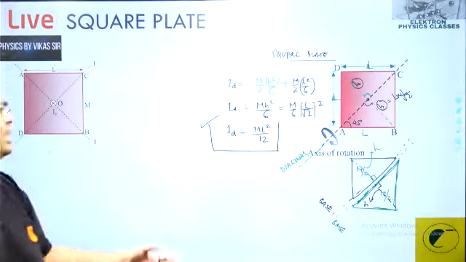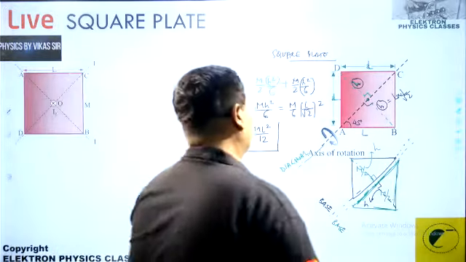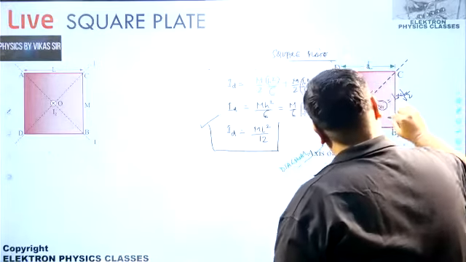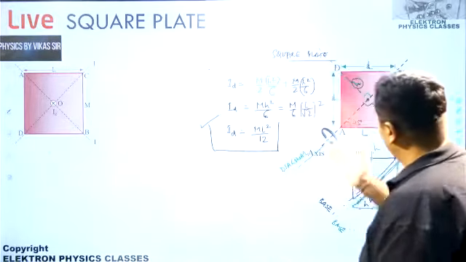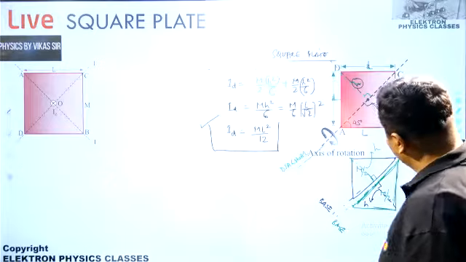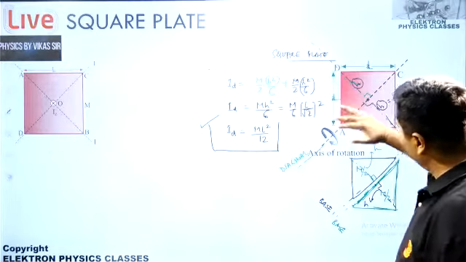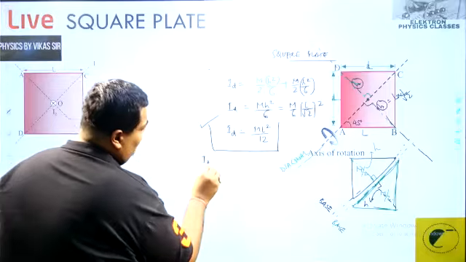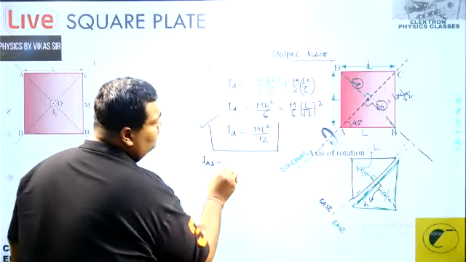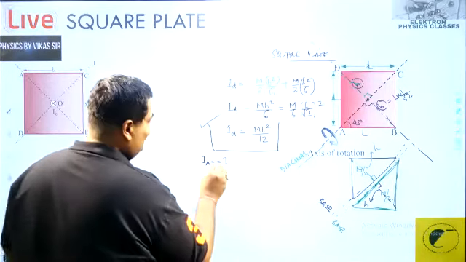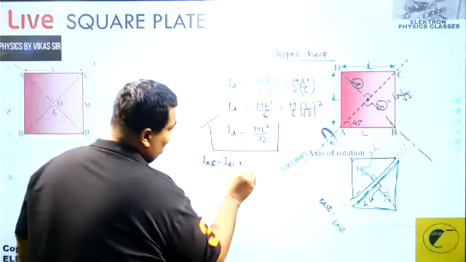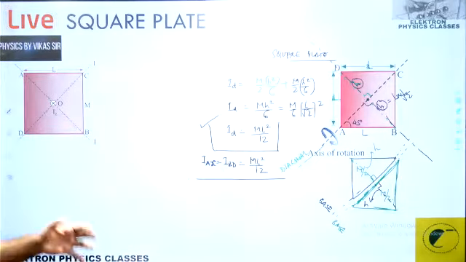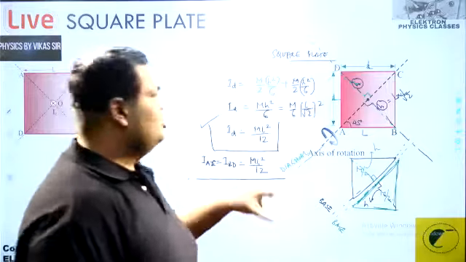That is the result for the moment of inertia about a diagonal. Which diagonal? Any of the diagonals. Now this axis is BD, and we calculated about AC. We check about BD also, so it will be exactly the same two halves. So it is coming out exactly the same, equal to ml square upon 12. It's the same about these two axes, and they are mutually perpendicular.